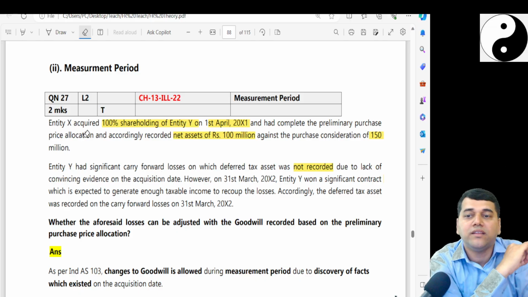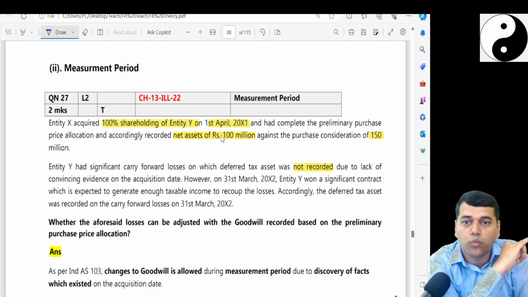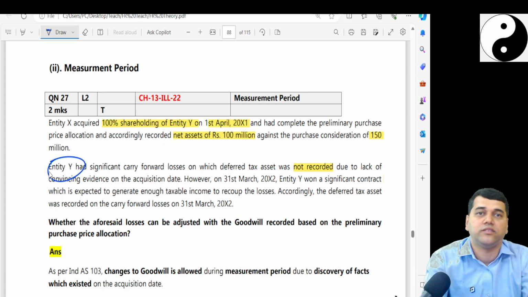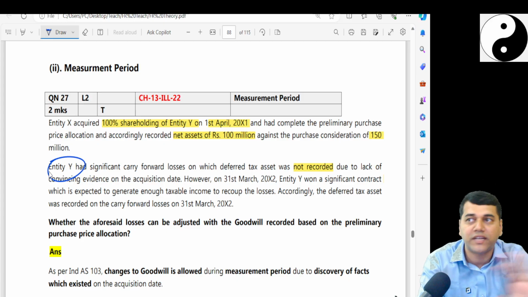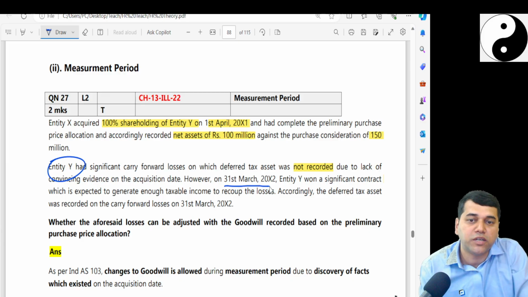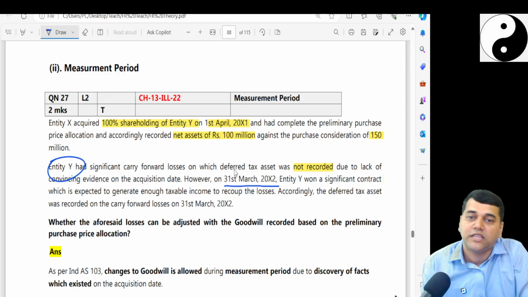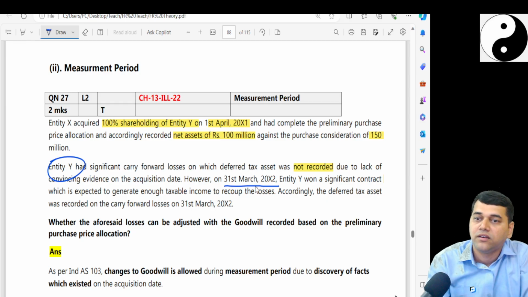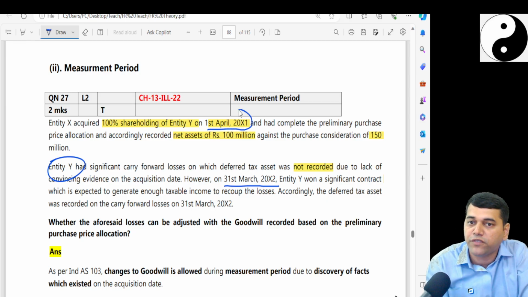No, that's why subsidiary Y did not recognize it. That means in your balance sheet there is no deferred tax asset the day I took over. However, on 31st March 2012, that means within 1 year from the acquisition date, because you acquired on 1st April 2012,